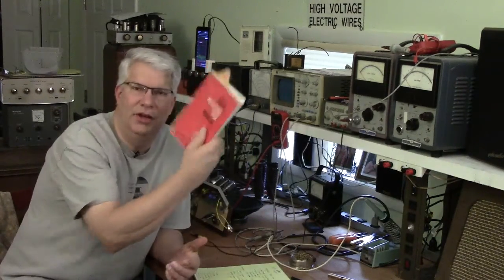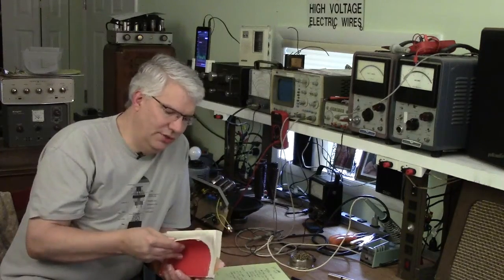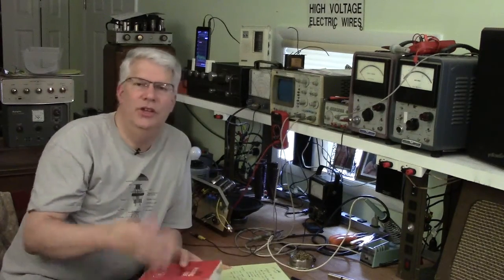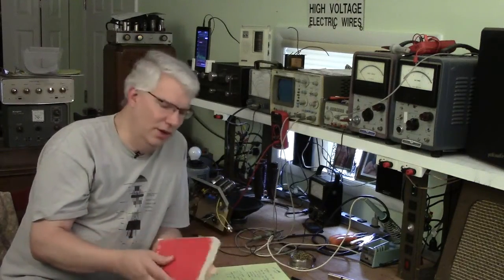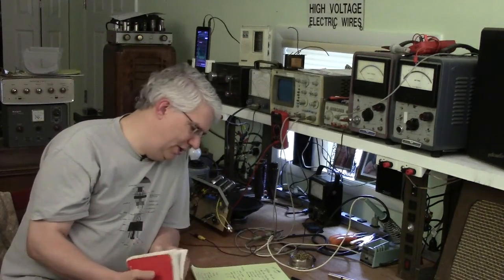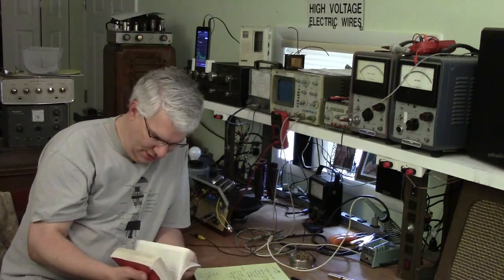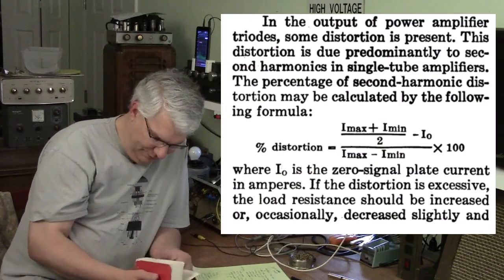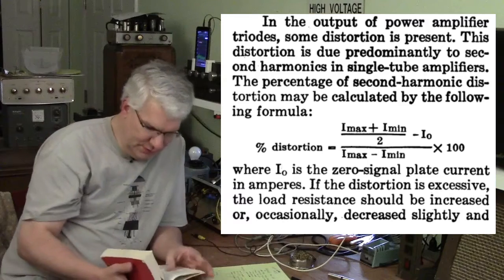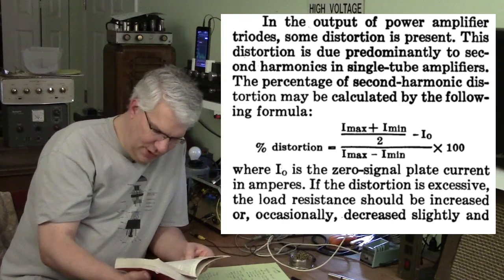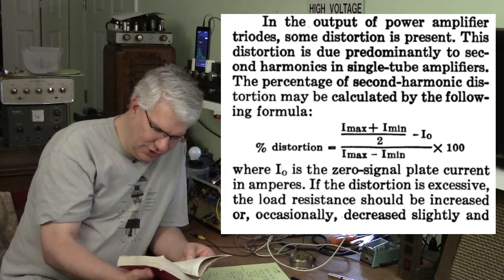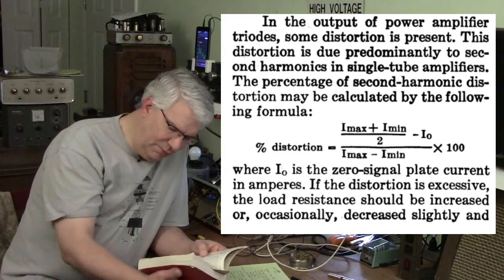I have the RC-22, which is from 1963. Now you can download this book over at tubebooks.org. And I found on page 19 here, let me see here. Yeah, so I found the percent distortion, and they look at basically